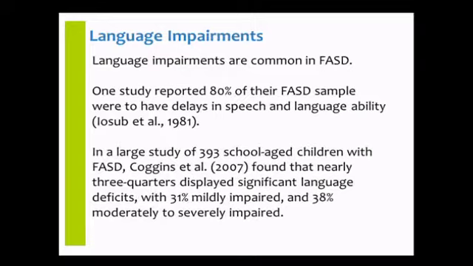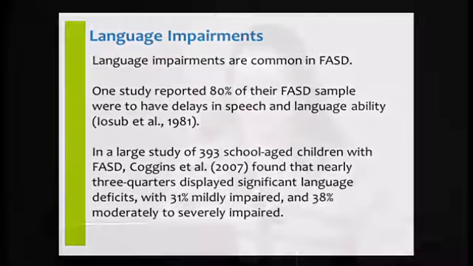In another study of almost 400 children with FASD, a huge study published by Coggins et al., they found that about 3/4 of their sample had significant language deficits. 31% were in the mildly impaired range and 38% in the moderately to severely impaired range. So the language impairments in FASD are a pretty big deal, and they're very common. I invite people to check out any of Coggins' other research. He's a very well-published researcher in the area of language impairments in FASD. He's got a lot of other articles. I'm not going to review them all, but